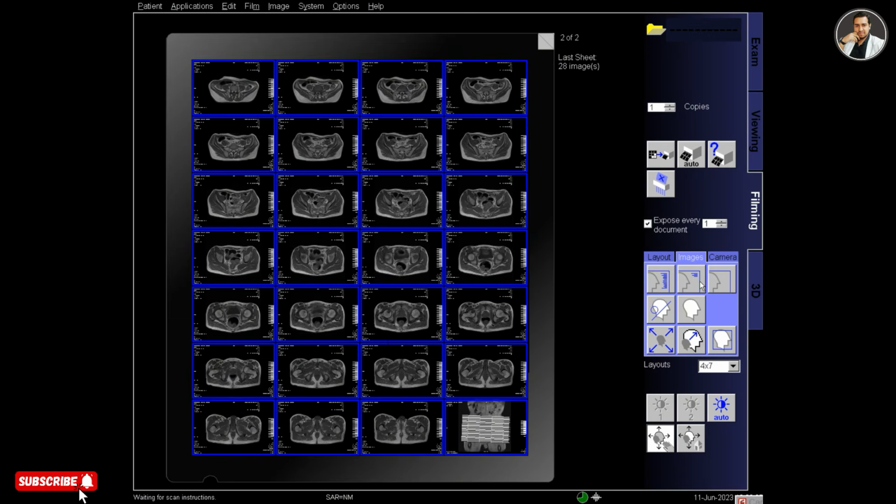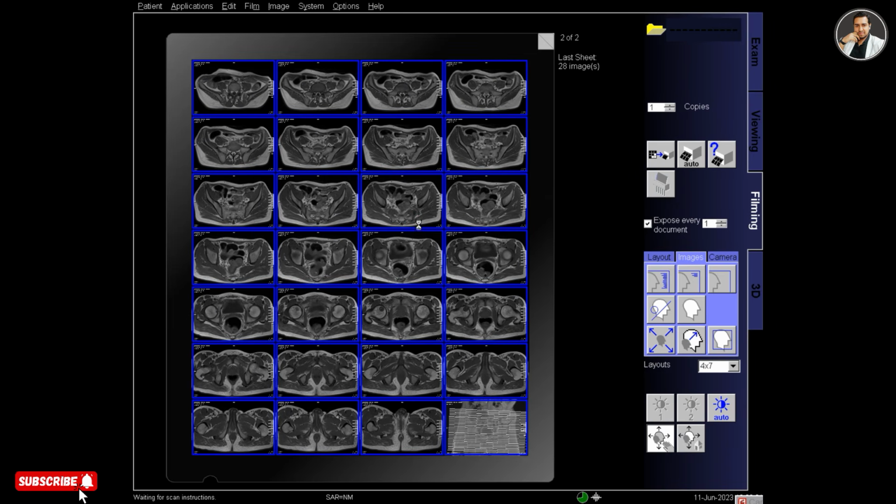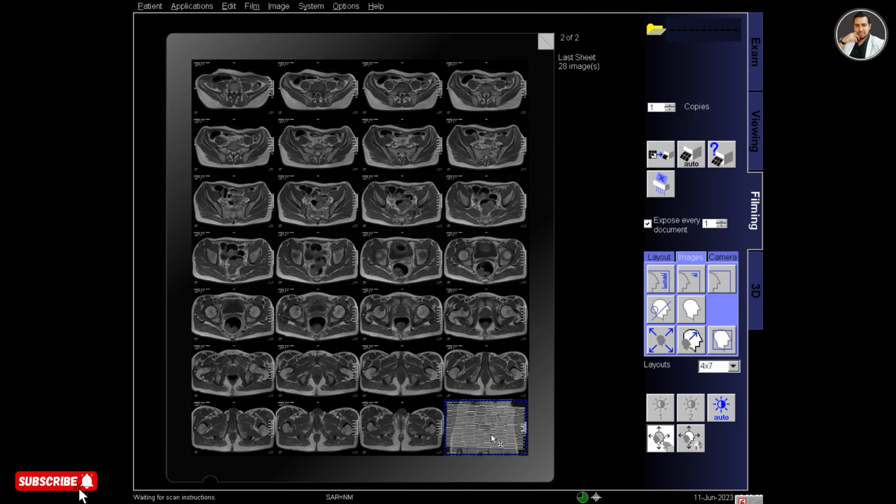So now I am preparing T1 transverse images in 4 into 7 layout. For transverse, the 4 into 7 means that 28 images including the reference image will be fitted in the film, and these are the transverse films that I am making.